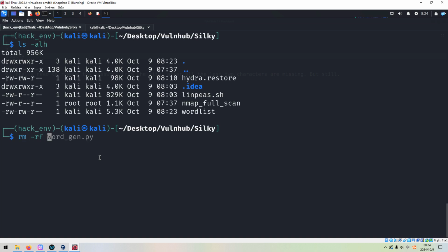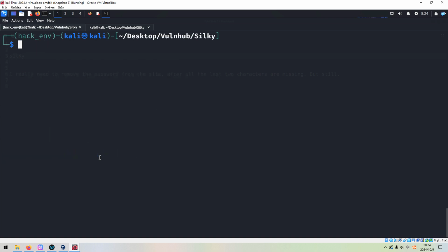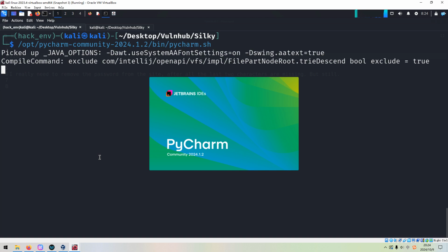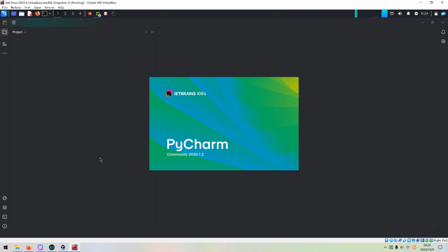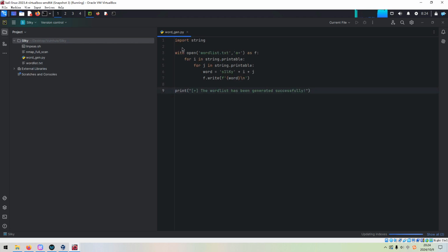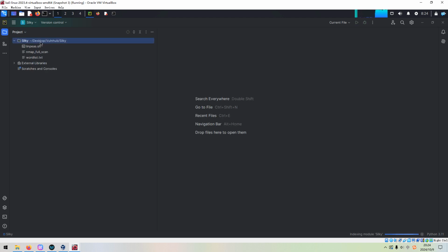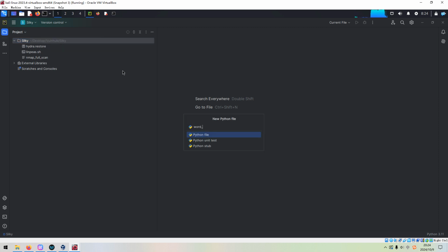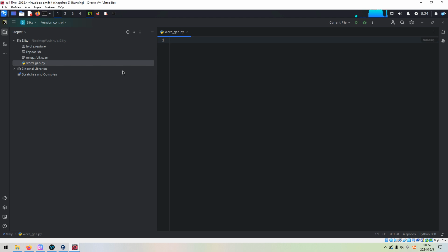We can remove the word list, and now we can open up PyCharm to generate the Python code. Okay, we need to create the file, like word. The only module which is required to be imported would be string, import string.